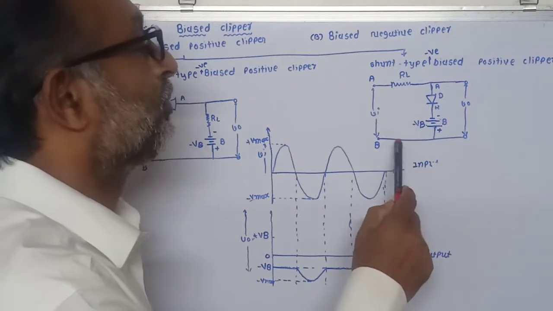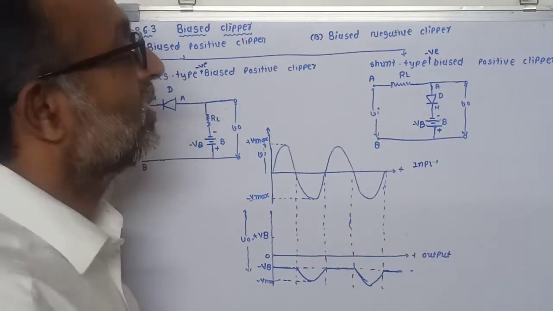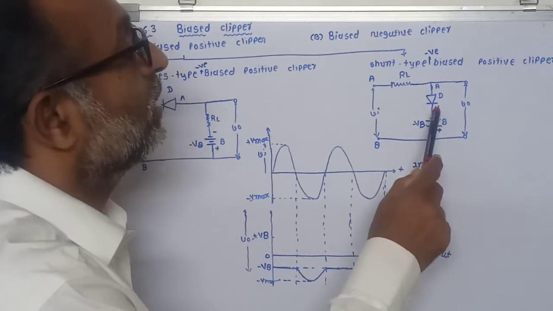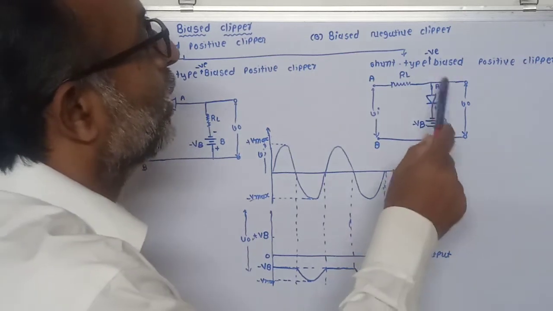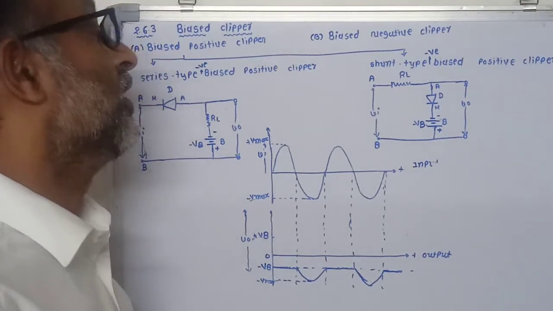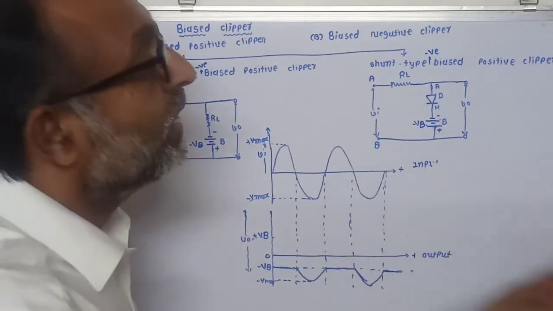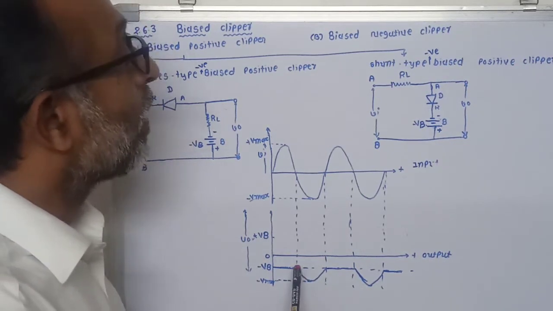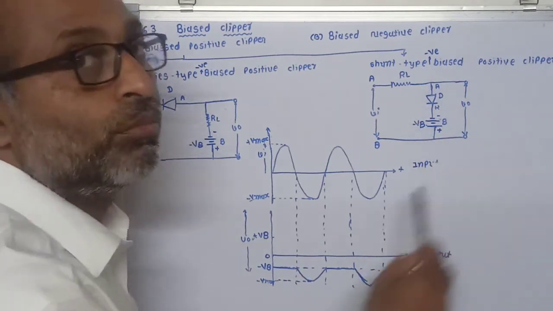at that time this diode is reverse biased because the value of the input reverse voltage is greater than this battery voltage. So due to this, the cathode terminal becomes higher potential compared to the anode potential. It is in reverse bias and it acts as an open terminal, and as a result your input voltage appears in the output circuit as the output signal. So you can see that when the value of Vi is greater, your input voltage signal is reflected on the output side.